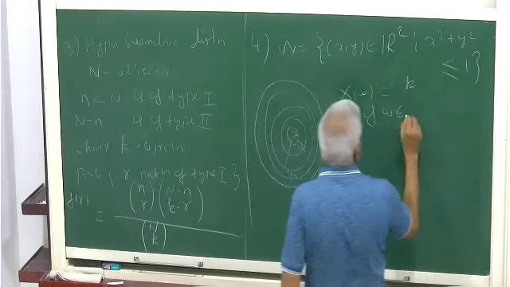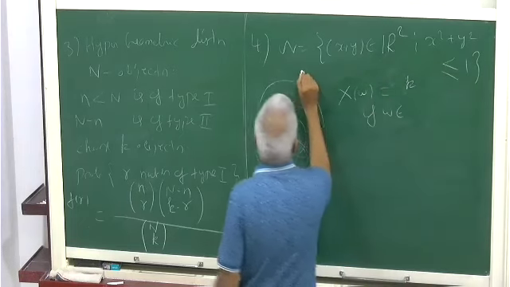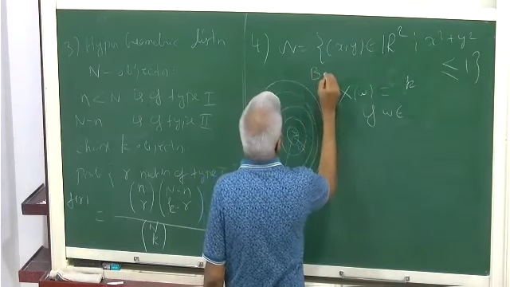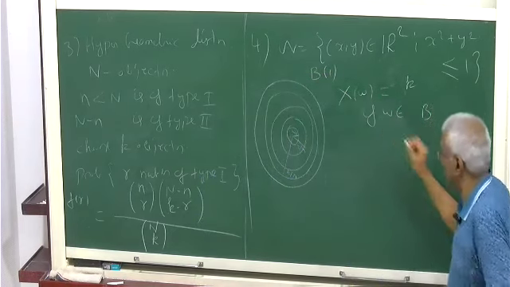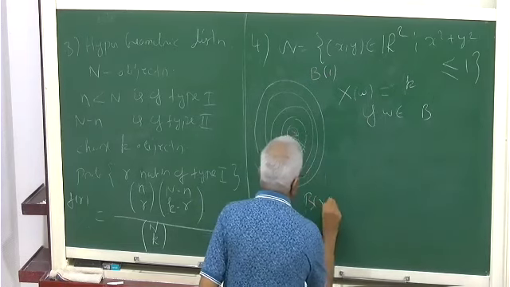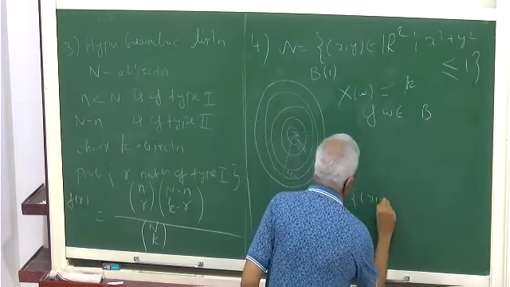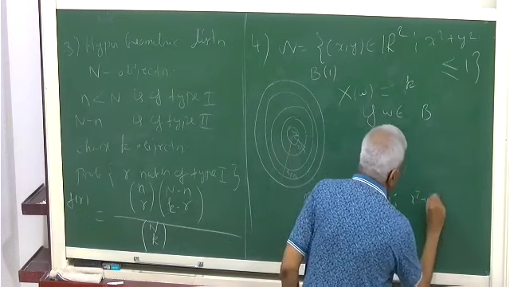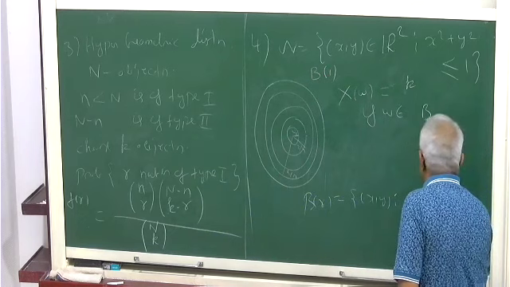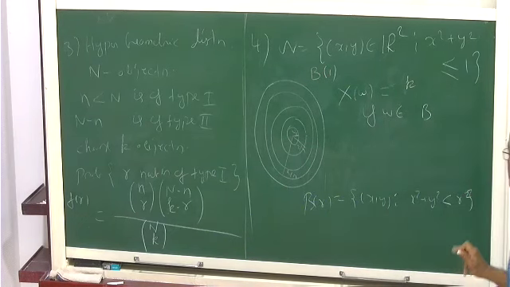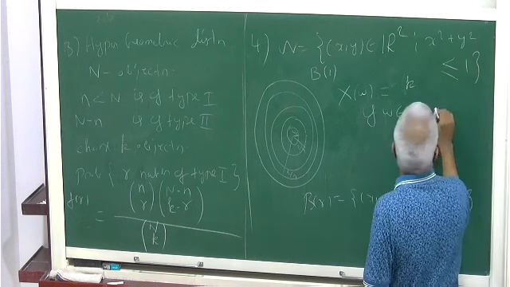You call it the ball of radius R. B of R is just all those x, y within distance R, the disk of radius R. It's also called a ball, so I'm using B. So if omega is in